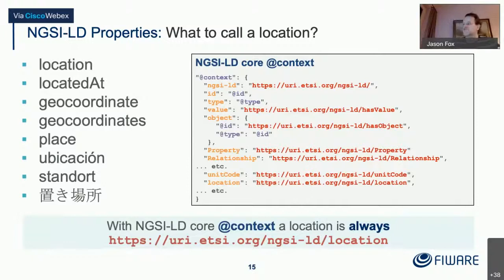So this gets around this problem, which is saying, if you have a location, what is it? I haven't got it in Dutch. I've got it in several other languages. It could be location. Is it geo-coordinate? Is it place? Is it ubicación, which is my awful Spanish? Standort. My German's okay. I don't know about your Japanese. They all mean location. But the thing is that you can use whatever short name you like within your data,